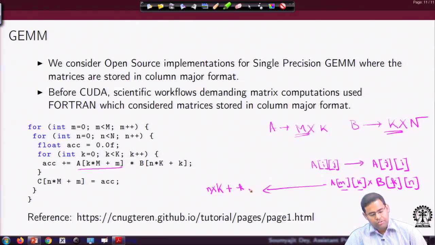This is a change that we have to keep in mind when we are doing the matrix multiplication operation, assuming that the data is stored in column major format instead of row major that we normally use for C and similar languages. So, this is the naive C program implementation of matrix multiplication. In the next lecture, we will touch upon the parallel versions assuming column major data storage, and we will see how optimizations can be done for that.